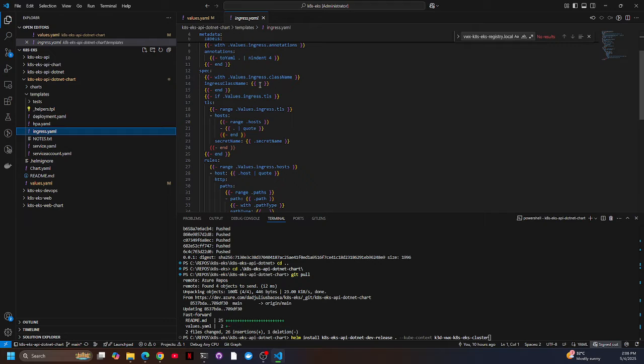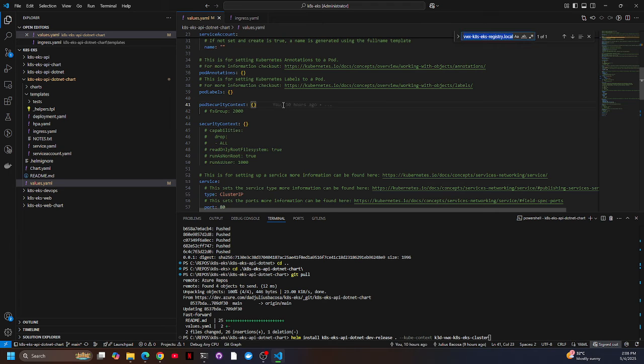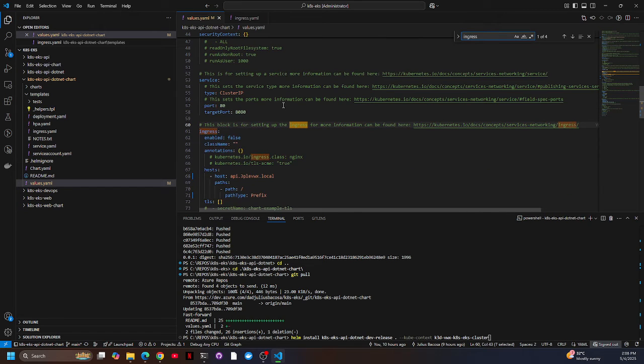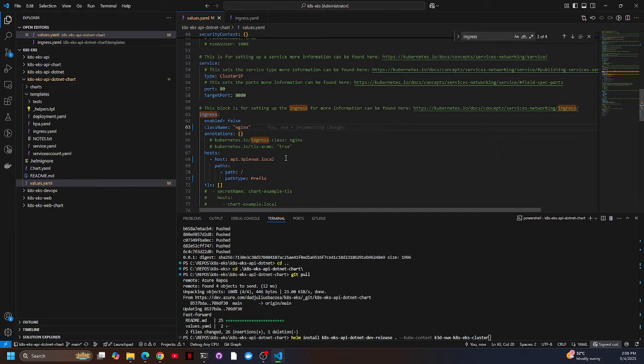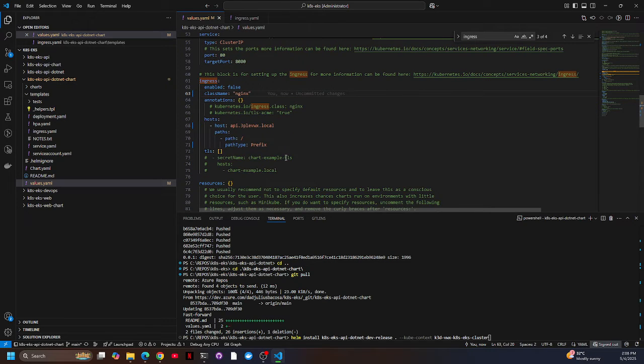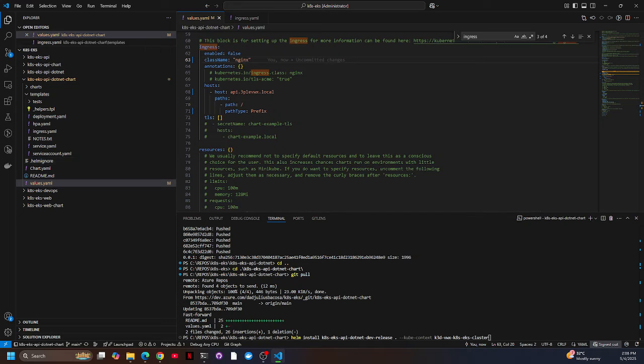Okay, so it's taking it from with ingress class name. So the ingress class name here is empty, but we wanted to use the NGINX. And what else? Okay, so